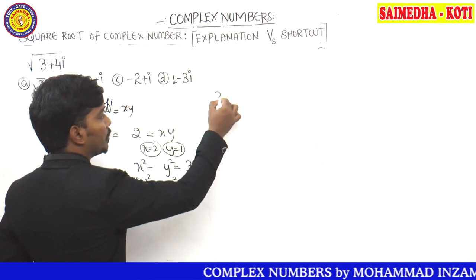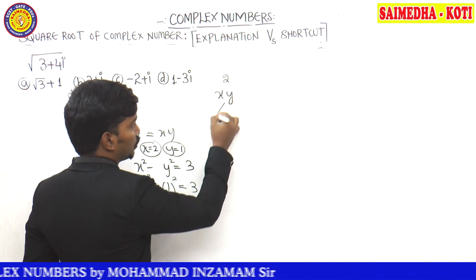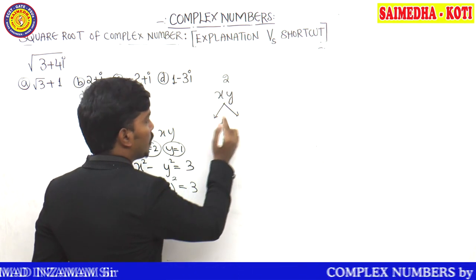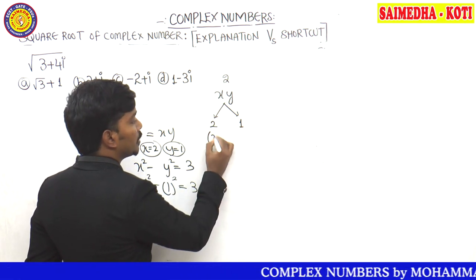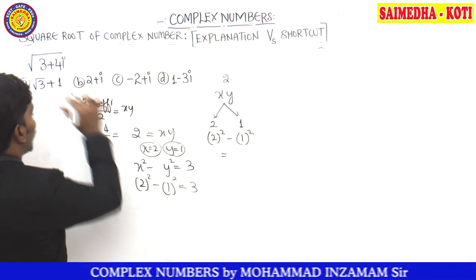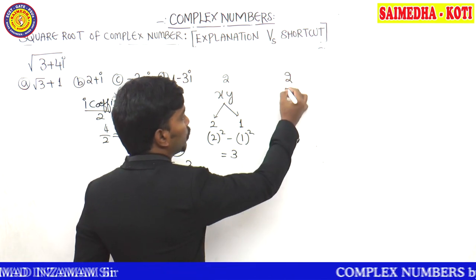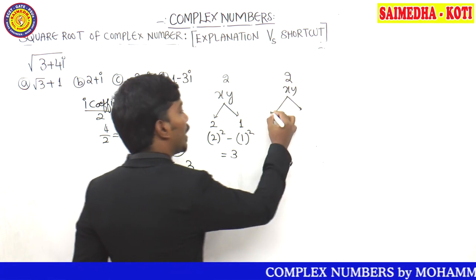Let me do it one more time here guys in a graphical pattern. Xy is equals to how much guys? 2. You need to choose now x and y values 2 and 1 it is, so that square and difference is going to give you what now? Real part. What is the real part guys? 3. Now some students are going to have a doubt, sir, 2 is xy, so why not we can take